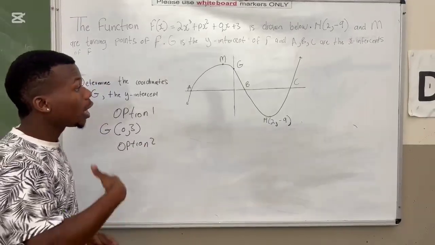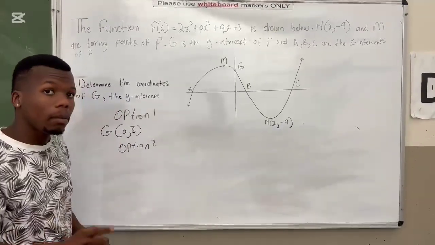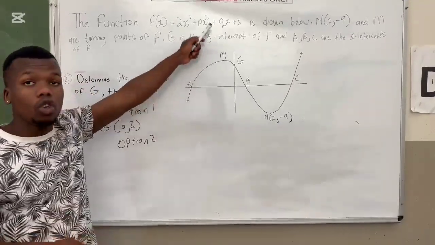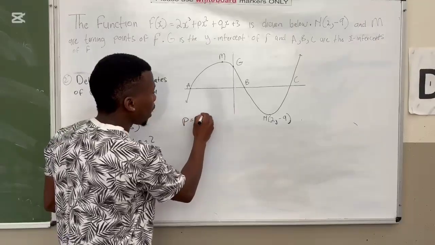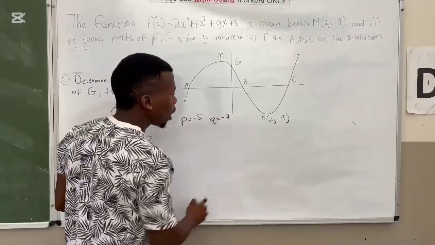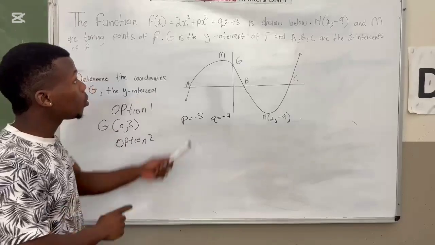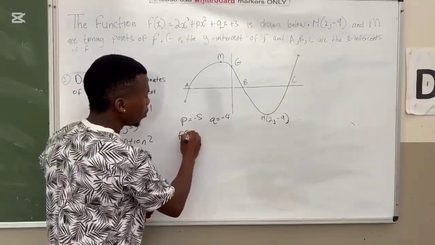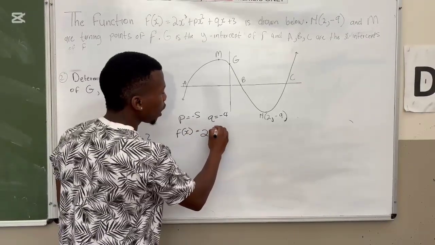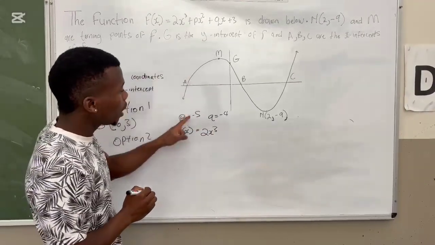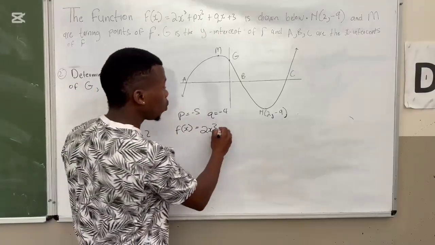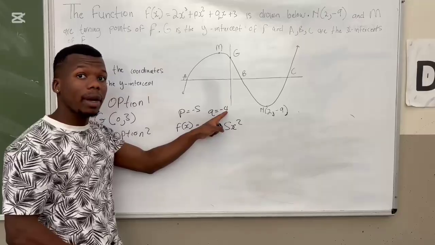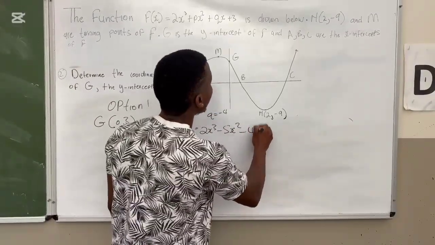Option number 2, you can calculate the coordinates of G. Remember, we have calculated the value of P and the value of Q. We know that P was minus 5 and Q was minus 4. In other words, I'm going back to my function and substituting my two values. Now let's check. My function is given by f of x is equal to 2x cubed. What is the value of P? The value of P is minus 5. In other words, I'm going to have minus 5x squared. What is the value of Q? The value of Q is minus 4. I'm going to have minus 4x